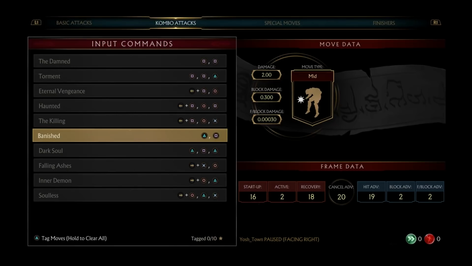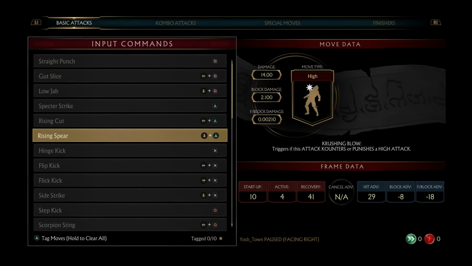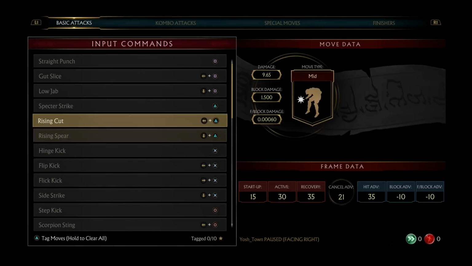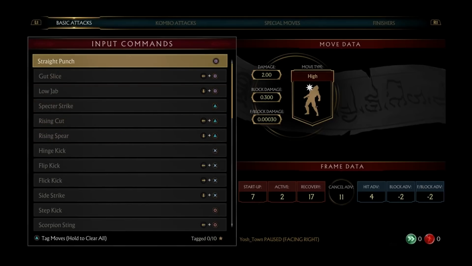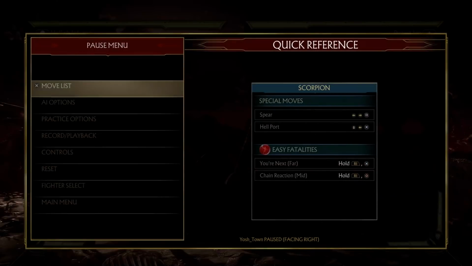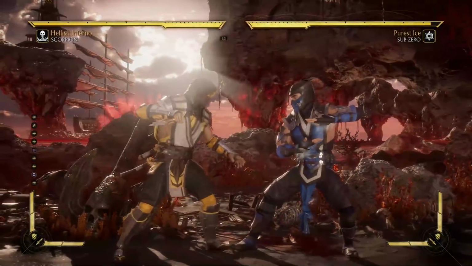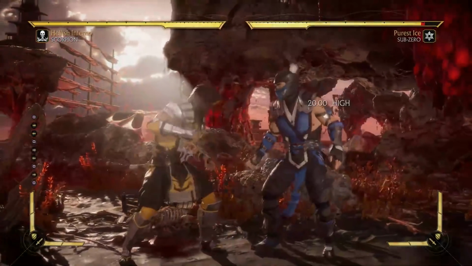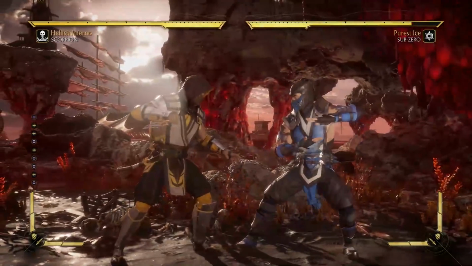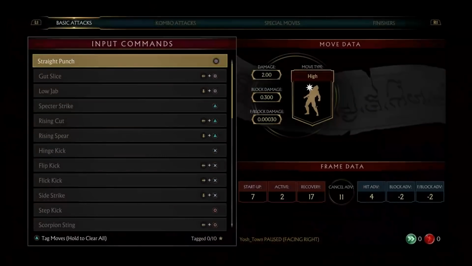So we're going to start off with our startups, our actives, and our recoveries. We're going to go between our basic attacks for our straight punch and our gut slice. As you see, I'm going to do a straight punch right now. Off of just one glance, you can tell there's a difference as far as speed between these. And the reason is your straight punch has a startup of 7. So the startup frames just means it takes 7 frames before